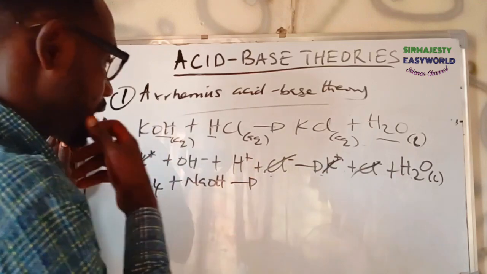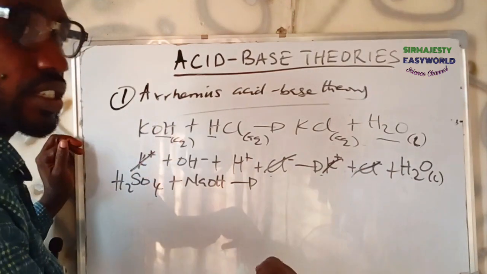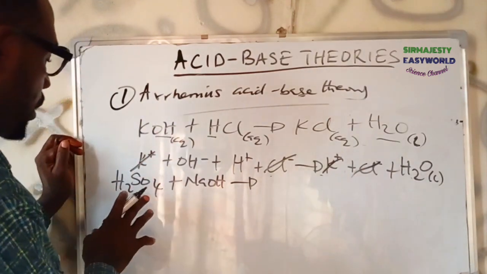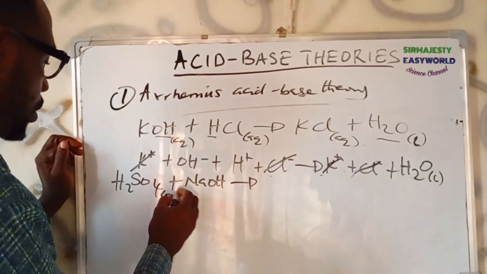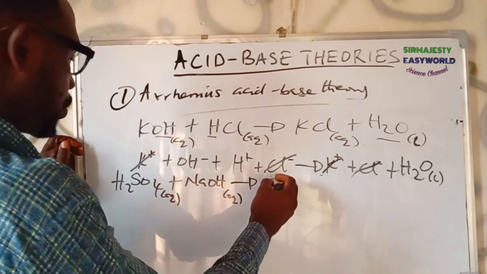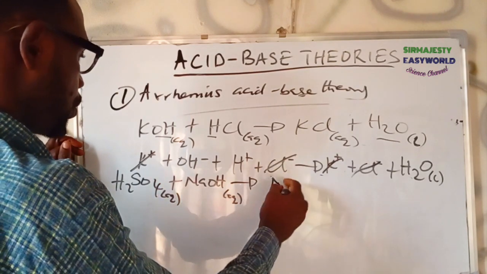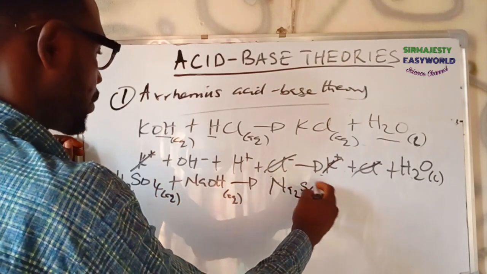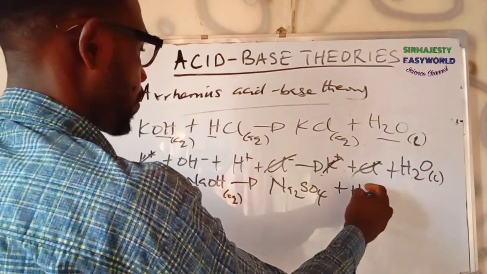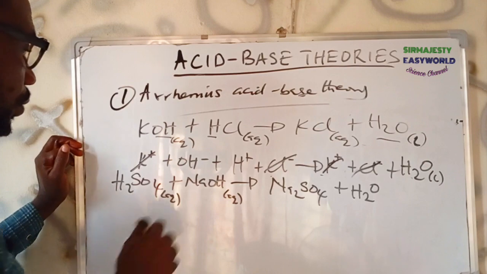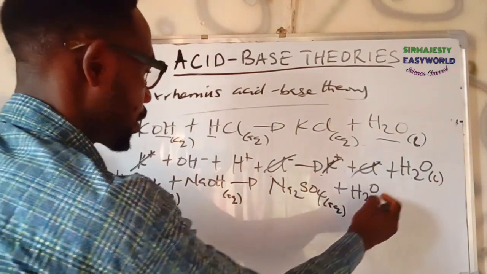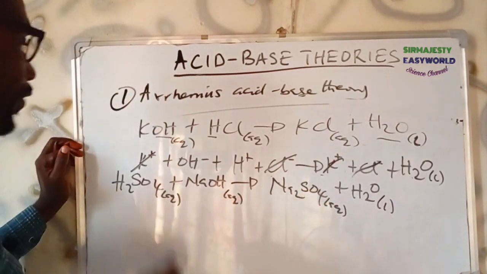But when we go to Bronsted-Lowry, we can see where another solvent is involved, not only water, okay? A salt and another solvent is formed. H2SO4 plus NaOH, this is aqueous, to give us sodium tetraoxosulfate VI plus water. Okay, to write the ionic equation, what must we do? Remember, this is aqueous, this is also liquid. We follow the same steps.